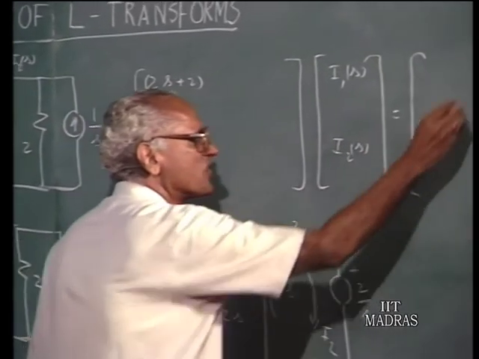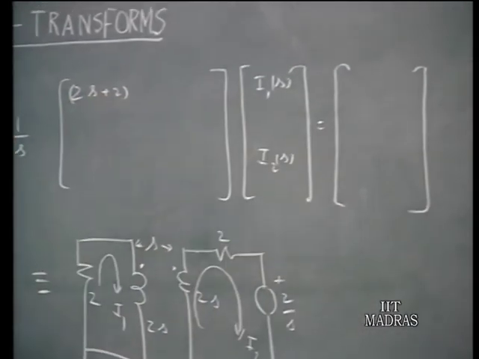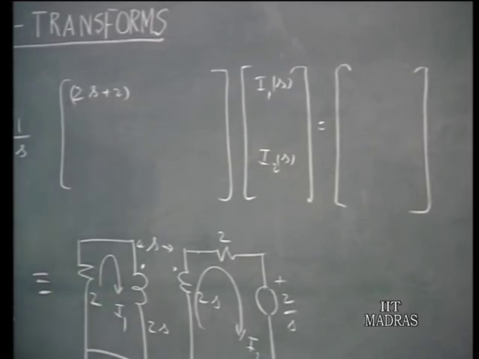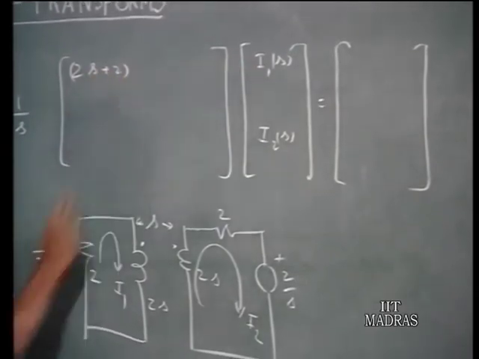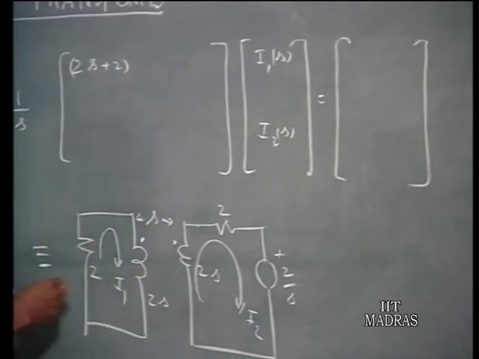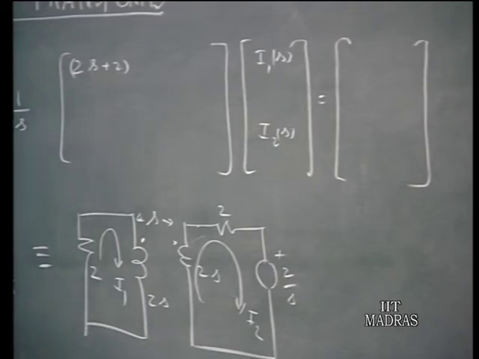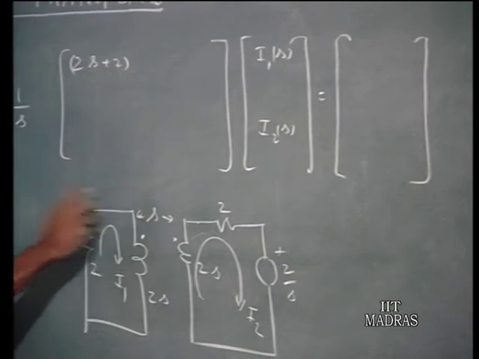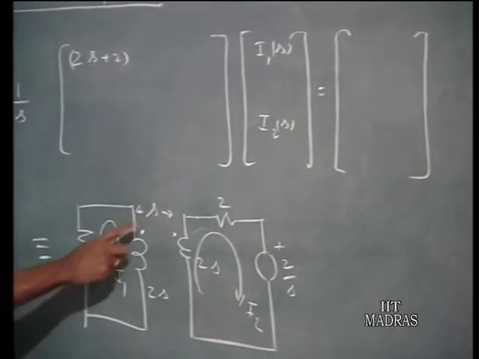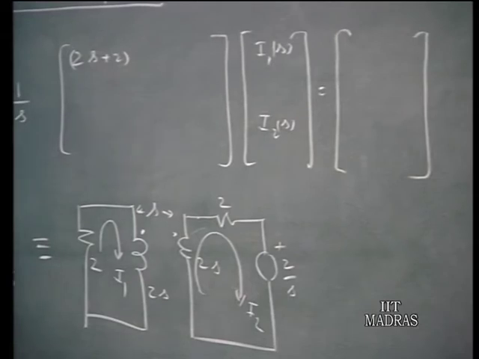and on the other side I write the forcing functions. Therefore, the first loop equation is 2s plus 2 times I1 of S, and the mutually induced voltage: I1 is entering the dot point and I2 is leaving the dot point. Therefore, the sign of the mutually induced voltage is negative, and the multiplication factor is S because this is the mutual impedance. S times I2 is the magnitude of the mutually induced voltage, but we have to have a negative sign, therefore, minus S times I2 of S, and the total driving voltage in this loop is 0.